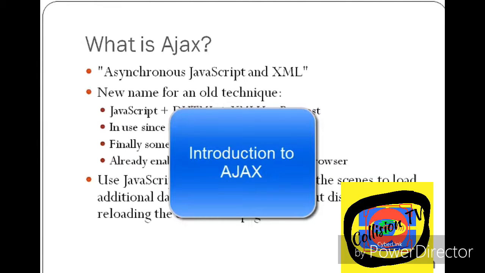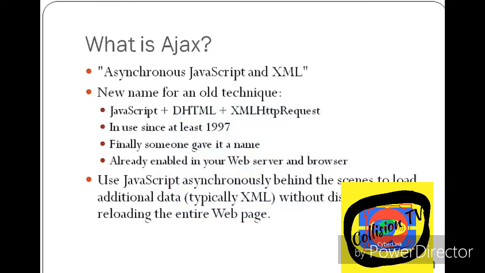What is Ajax? It stands for Asynchronous JavaScript and XML. It is just a new name for an old technique. It is a combination of JavaScript, DHTML and XML HTTP request object. It is not a new thing. It has been in use since 1997. It is already enabled in your web server and browser, so you do not need to do any tweaking to